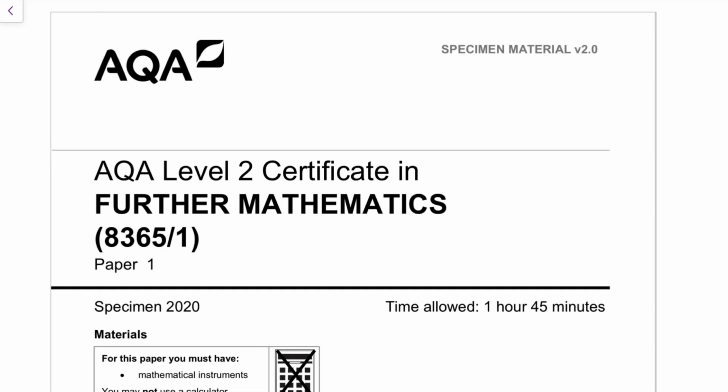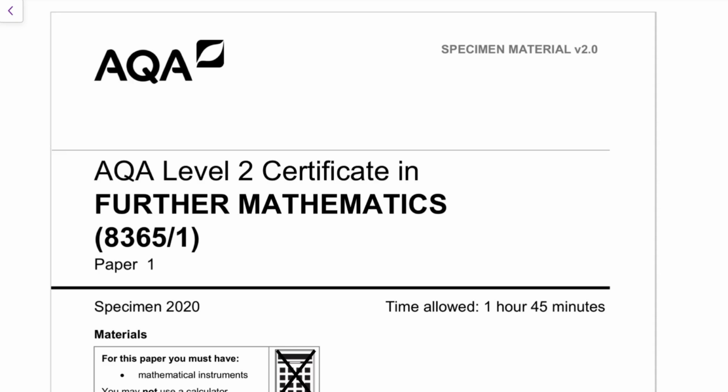And welcome back. I thought we'd do something slightly different today, similar to one we've done with the normal GCSE, but I thought we'd actually look at a Further Maths AQA Level 2 certificate paper. Now, this is a bit different to the GCSE. The GCSE syllabus is pretty similar across all boards. So AQA is pretty similar to Edexcel, which is pretty similar to OCR. There may be a slightly different format to questions and a slightly different layout, but it involves exactly the same